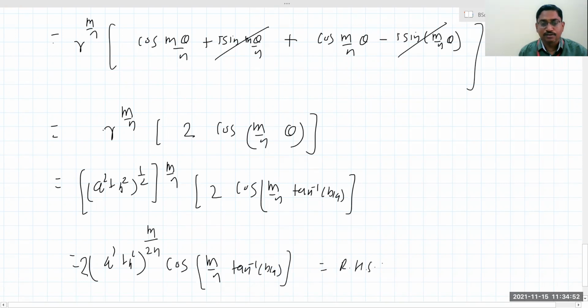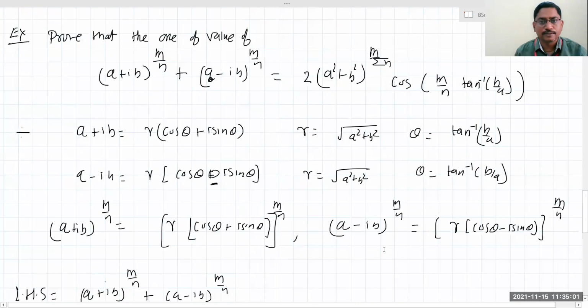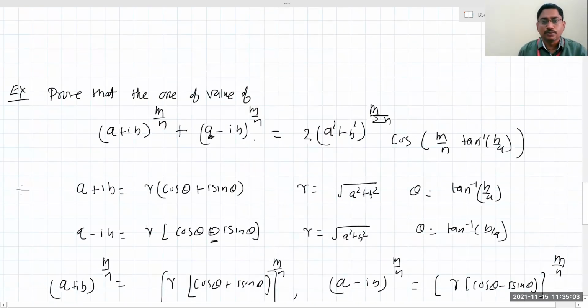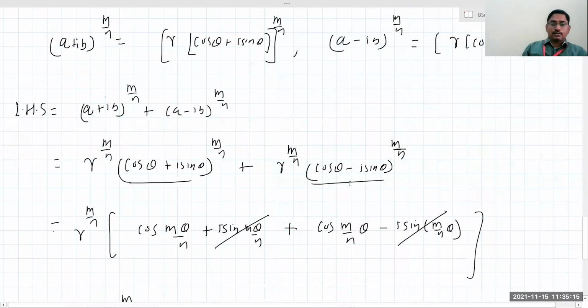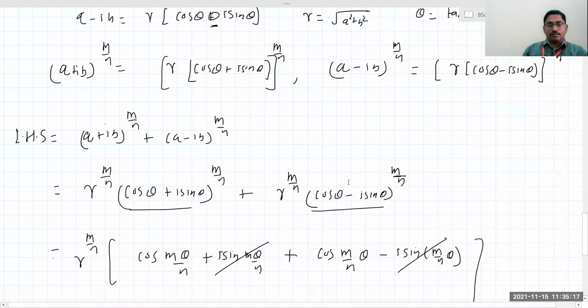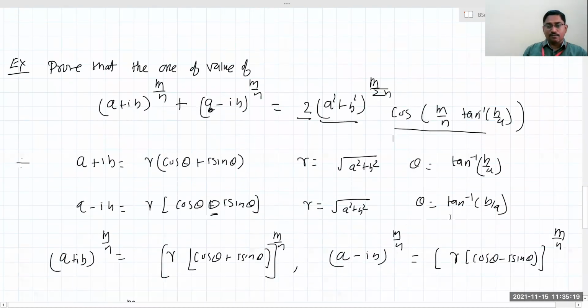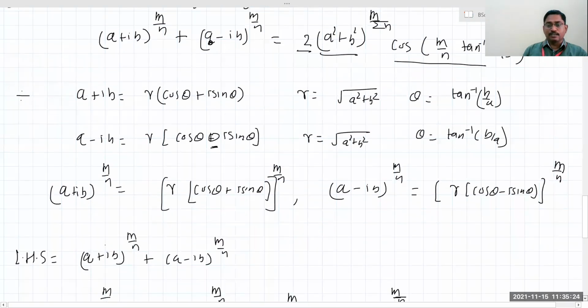You can check, it is your right hand side. That we want to prove. But did 2 times come there? How? Okay, 2 times is there in the problem. Let me check. Yes, 2 times we have to prove. This is r raised to m upon n, and this is cos of m upon n theta. So that is one of the values we have proved. When you try to solve directly, you cannot solve, but when you apply the standard form, that is the polar representation of a complex number, and De Moivre's theorem, it will become easier to solve.